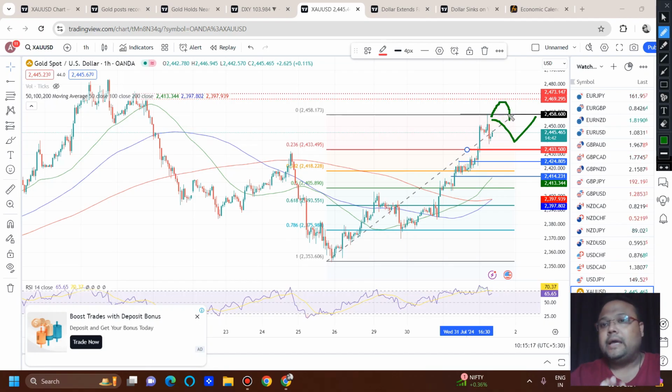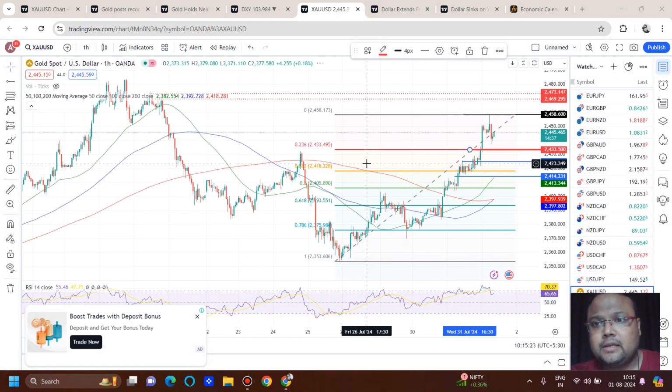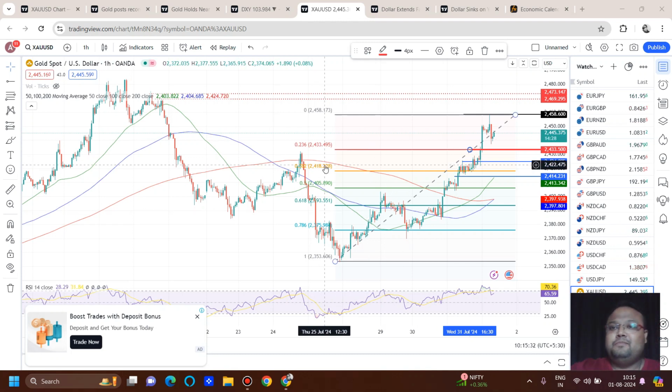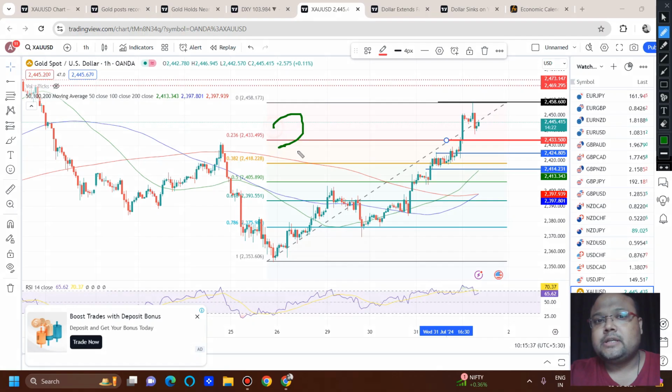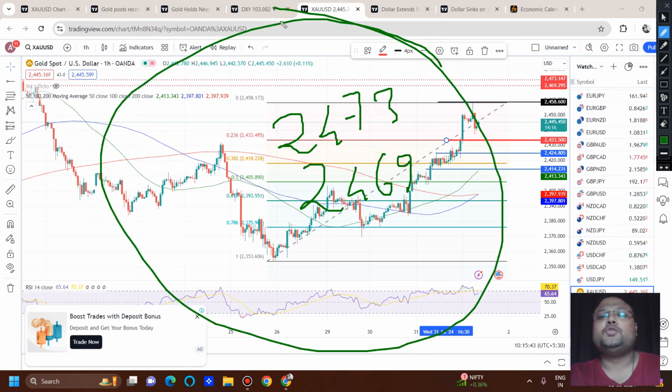And right now the problem is that, though we have some resistances, nobody knows where gold is heading. If the same market sentiment remains, then obviously gold will be heading towards 2500. Next NFP will be very important. And if you're wondering about resistance, if you have a sell, then the next resistance on the chart of gold is around 2473, 2469. But I will not recommend any sell, because taking a sell in this market is very risky. If you're an experienced trader and can handle this type of risk, that's your personal opinion, but personally I will not recommend any sell here.